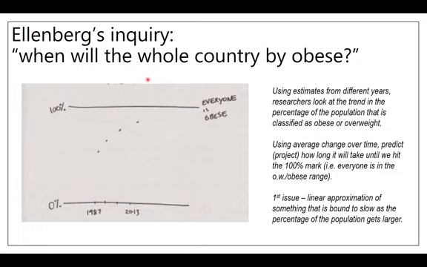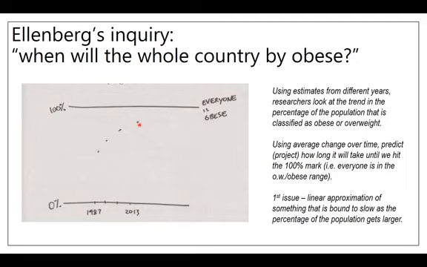There's this book called How Not to Be Wrong, and one of the chapters really focuses on linearity and projections and what qualifies as analysis. The book's by Ellenberg, and he basically asks the question, when will the whole country be obese? There are these published estimates that talk about how the percentage of the population that qualifies as obese